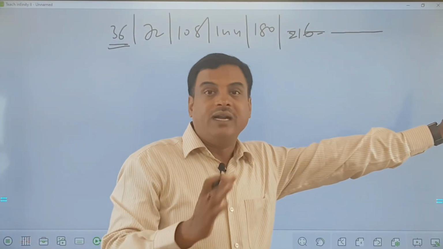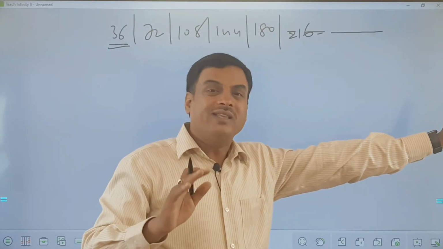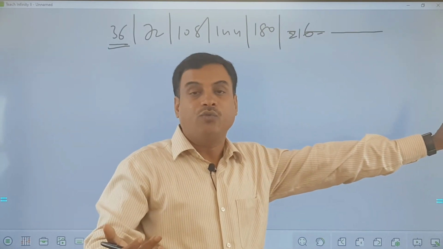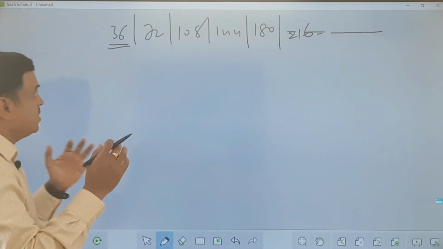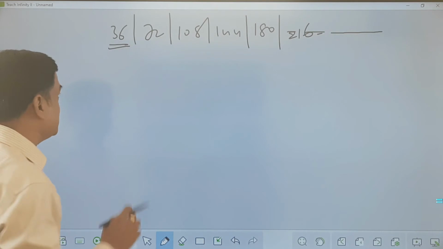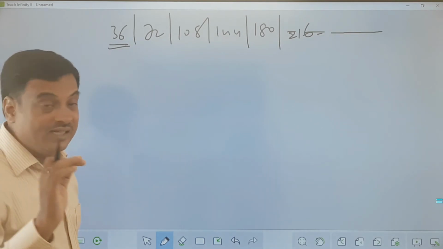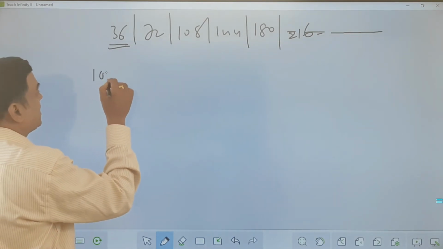...which is a common multiple for both the given numbers, or the situation in the question may demand you to find such a number. So what should I do to find such numbers? Let's use some logical ideas here. The question was to find the greatest 3-digit number. So what I do, friends, I'll take 1000.